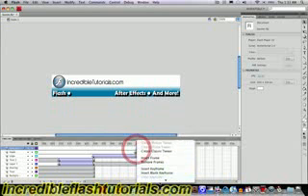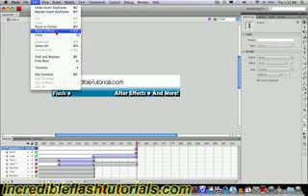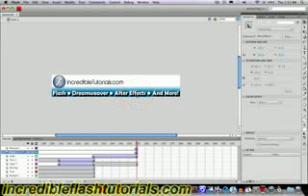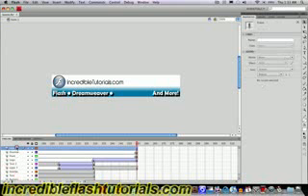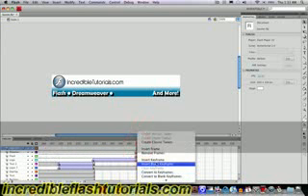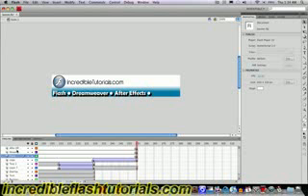And then I'm going to right click and insert a keyframe, and then I'm going to paste into place by going to Edit, Paste in Place, or if you prefer, you can go to Command-Shift-V, which is what I prefer because it's quicker. So then I'm going to do the same thing for After Effects, just cut it with Command-X or Edit, Cut, and then I'm going to go up here and make a new layer, name it After Effects, then right click, insert a keyframe, and then Control-Shift-V into place, and then the and more, cut it out, make